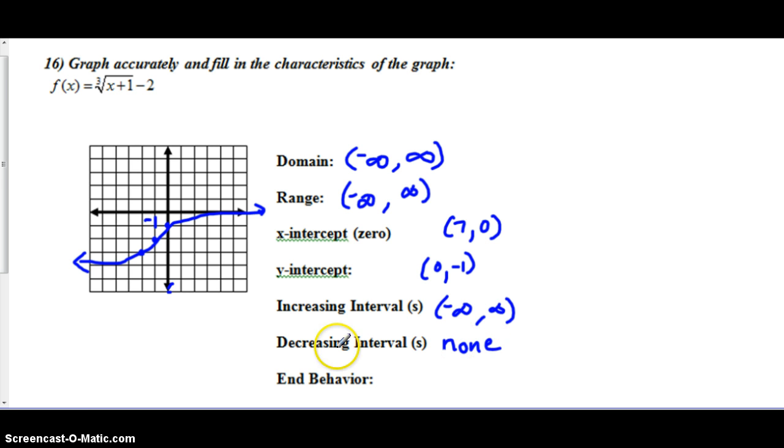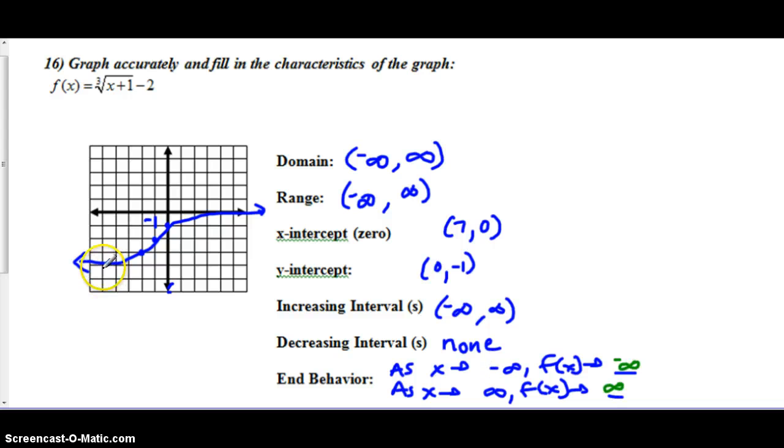Okay, end behavior, go ahead and take a minute to try that and bring it back. Okay, so remember we're talking about the left and the right side of the graph, and the left side of the graph is going negative infinity, and the function on the